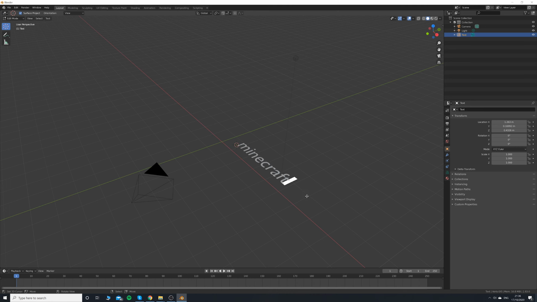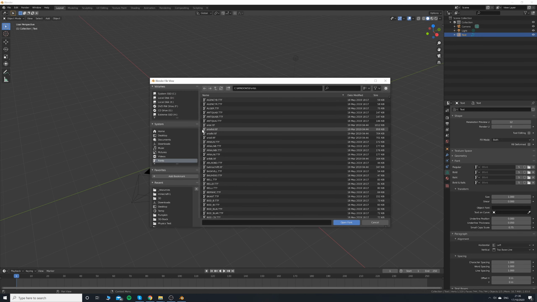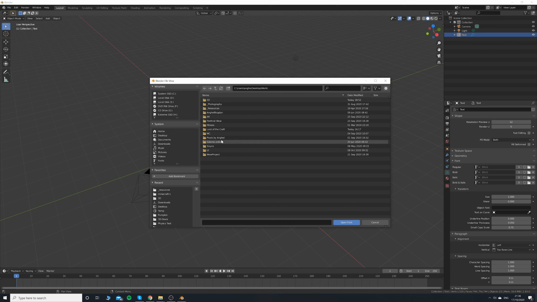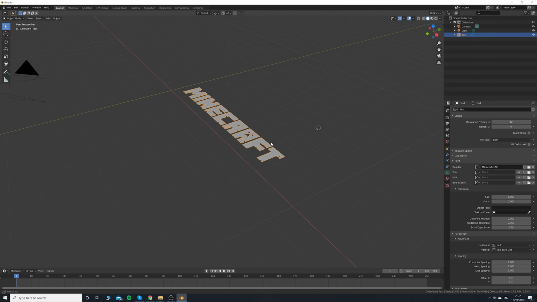So type it with lowercase, and when you're ready, press tab again and go to object data properties, go to geometry, first go to font and open here the Minecrafter font to where you saved it, and select the alt version. Okay, so we have the text ready,